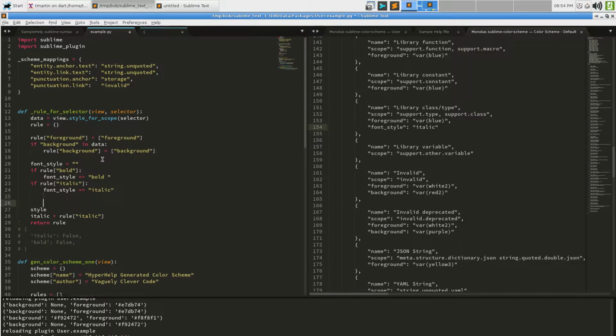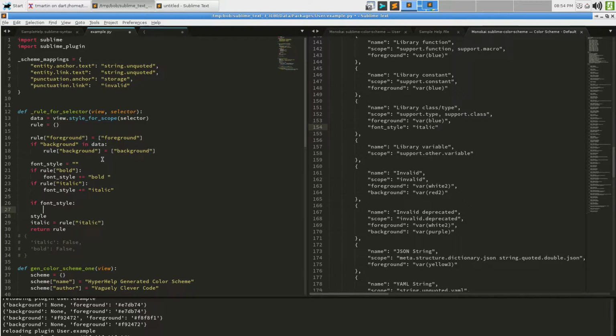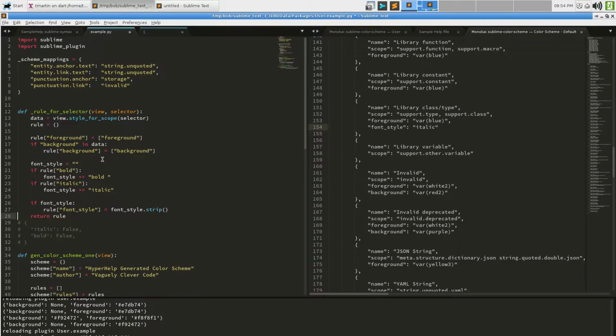And then if font style, then rule font style is equal to font style dot trim, strip. I think Python is strip, and then return it.